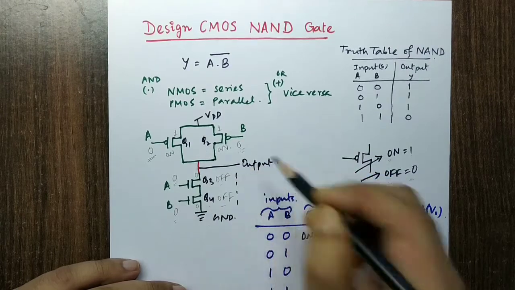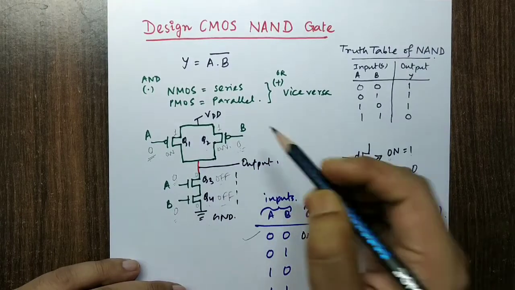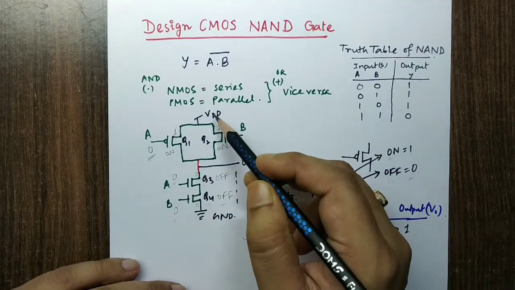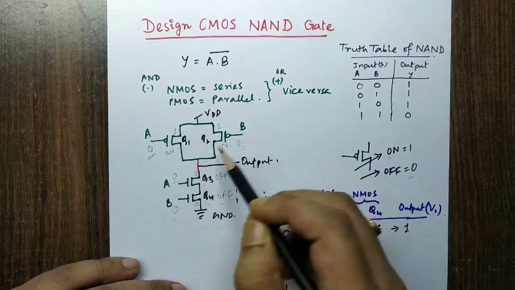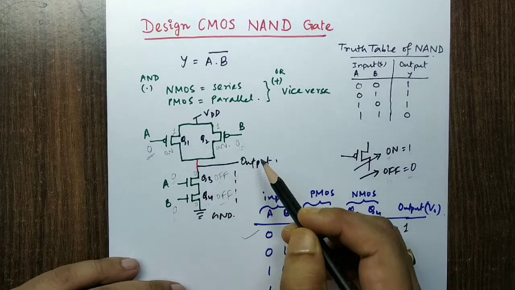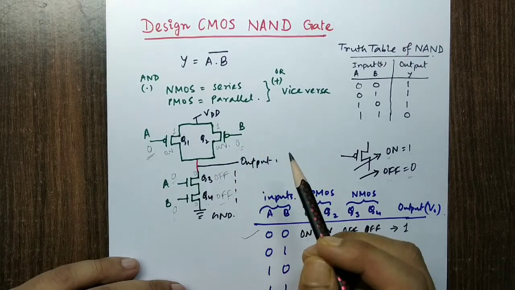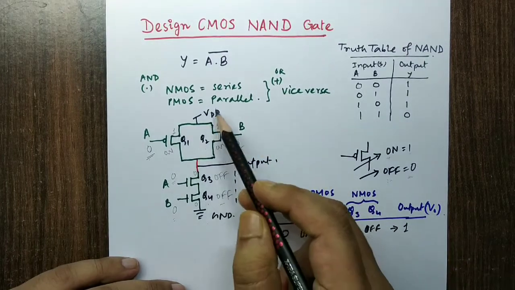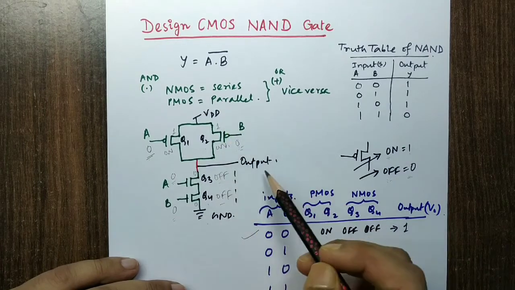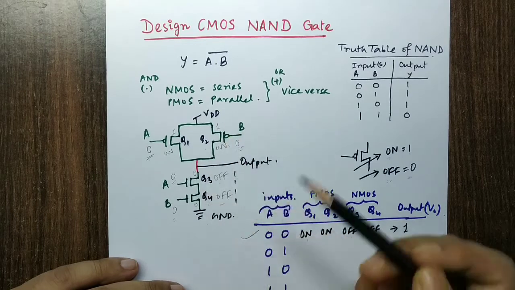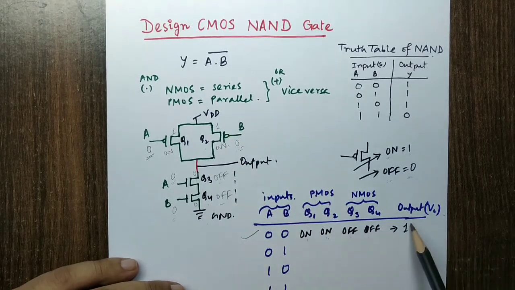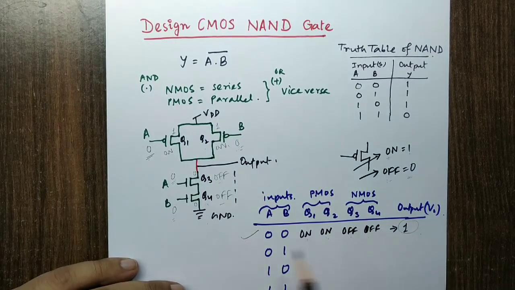So the output in this particular case can easily make a connection with VDD either via this line or via this line, any of the two lines. So ultimately what value will appear? The VDD value will appear at the output. Again I am repeating, the VDD value will appear at the output. The VDD value we know is plus 5 volts, or in digital that is logic 1. So logic 1 will appear in case 1.